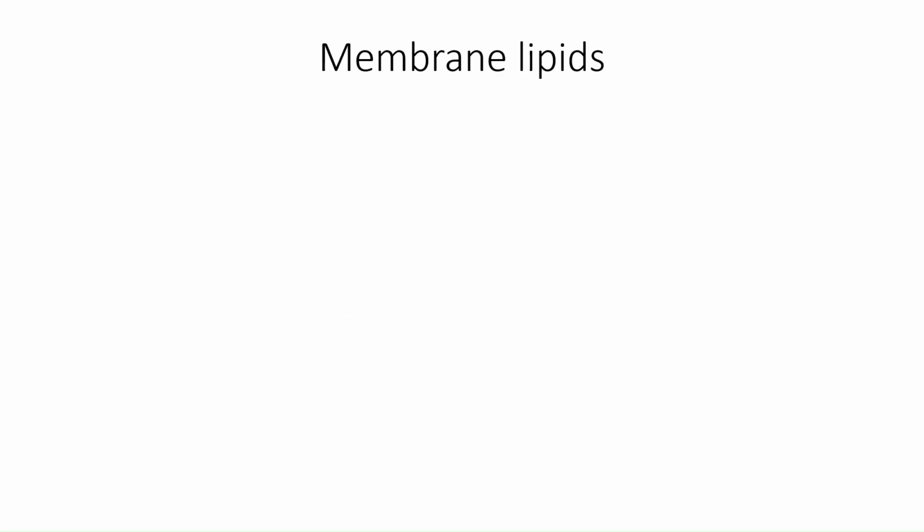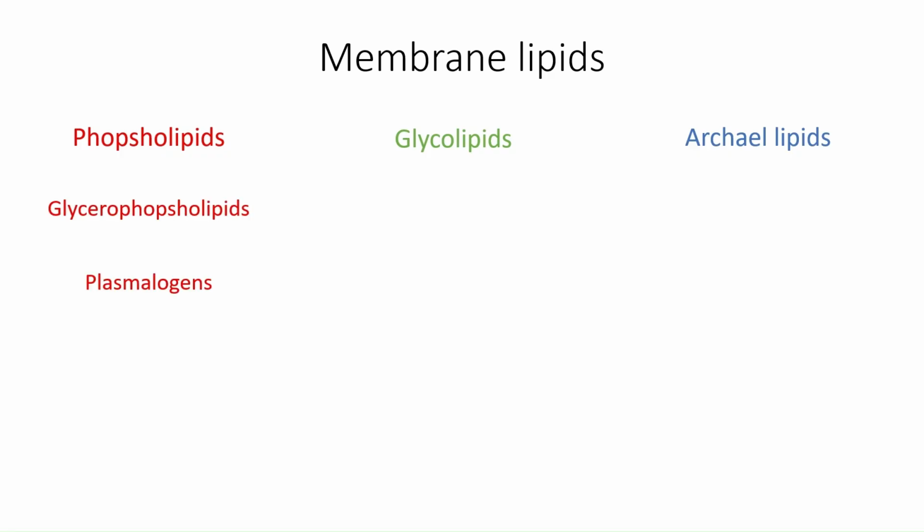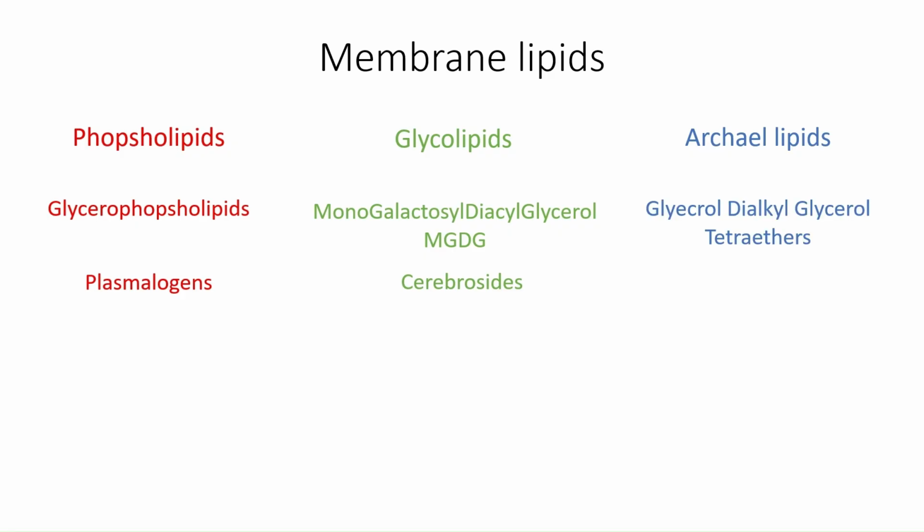Now moving on to membrane lipids. The types are phospholipids, glycolipids, and archaeal lipids that are present in plasma membranes of archaea. Some examples of phospholipids are glycerophospholipids and plasmalogens. Examples of glycolipids are monogalactosyl diacylglycerol, that is MGDG, and cerebrosides. And examples of archaeal lipids are glycerol dialkyl glycerol tetraethers, GDGT. Now let's start with